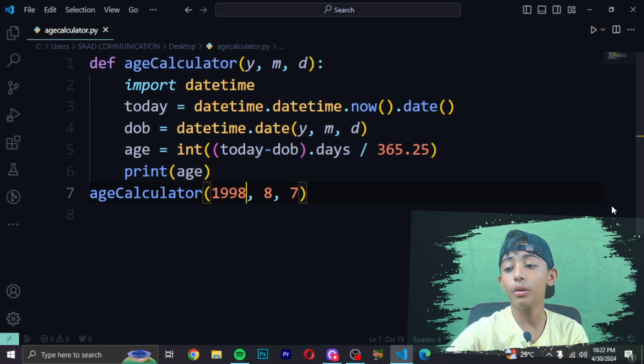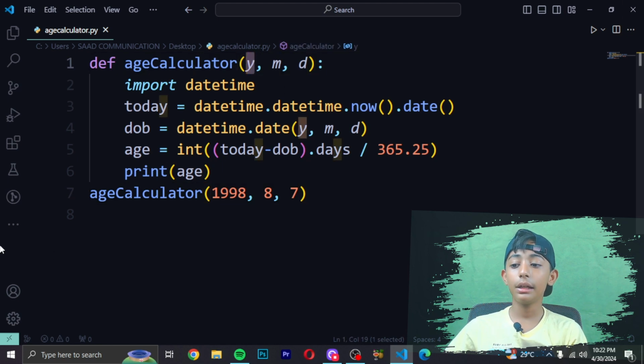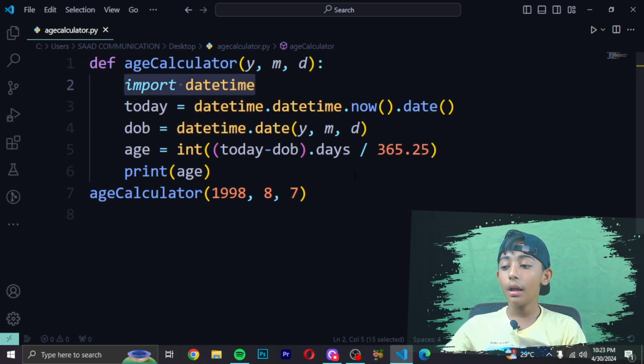In the above code, I have first defined a Python function where I am asking for 3 user inputs. y, year of birth. m, month of birth. d, date of birth. Then I am importing the datetime module in Python inside the function. Okay.